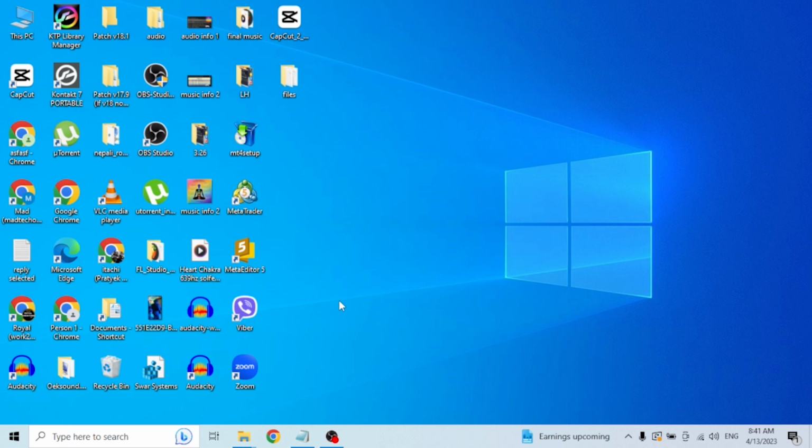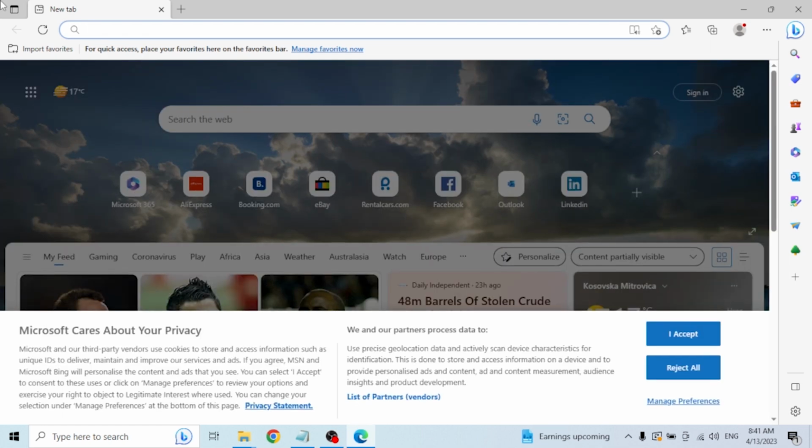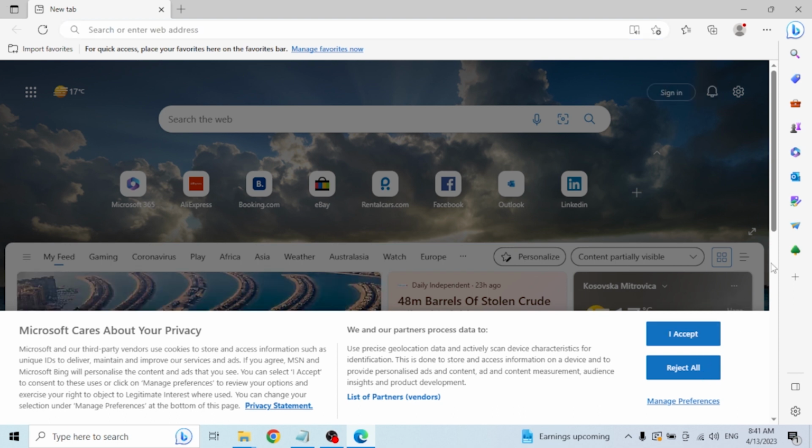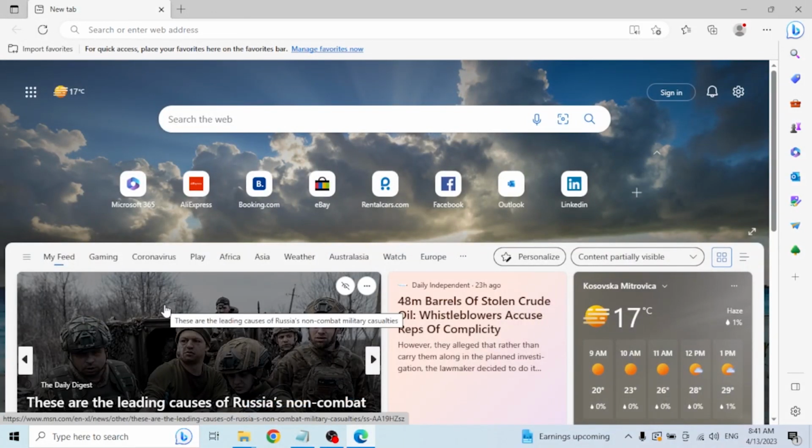Guys, you need to know one thing before you begin: your computer's OS, or operating system, gives you an inbuilt browser. On Windows, Microsoft Edge is the default inbuilt browser which you get while you install the Windows operating system on your computer. It's the same for Linux and iOS; there will be different inbuilt browsers. First, you will be required to use these inbuilt browsers in order to download the Google